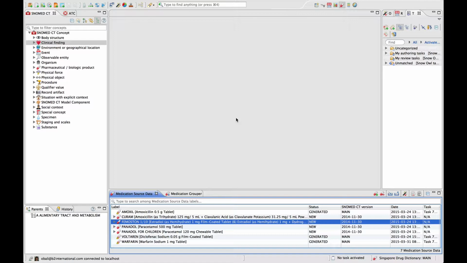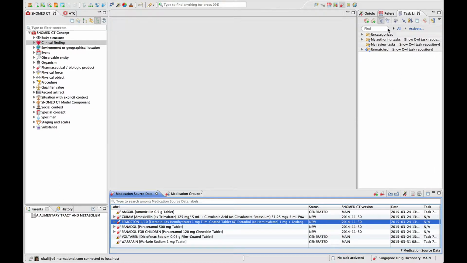In a normal setting, for example with Singapore, there is a collaborative authoring server and clients are connected to that collaborative authoring server. Each user is working on its client, and each user has a number of tasks assigned to them that they're working on, and these tasks are